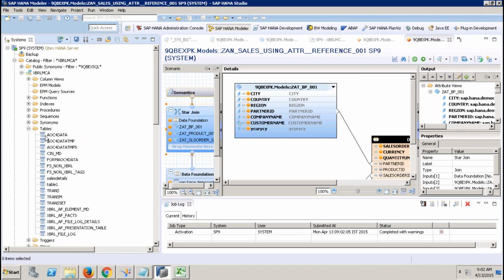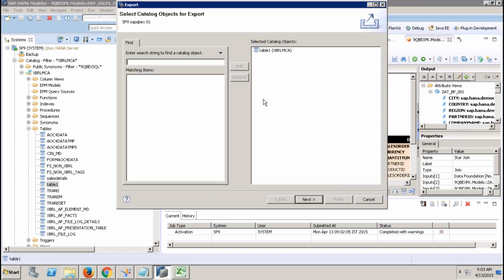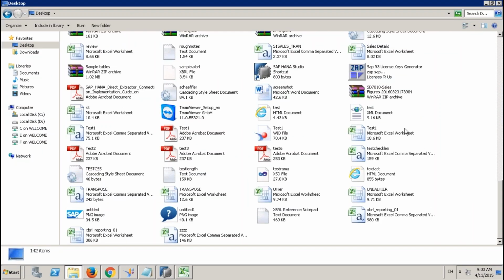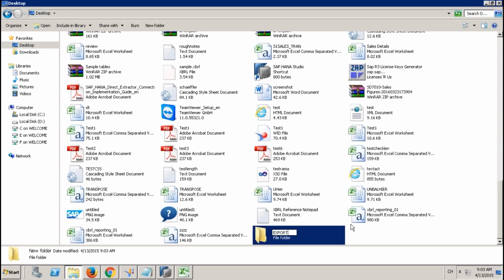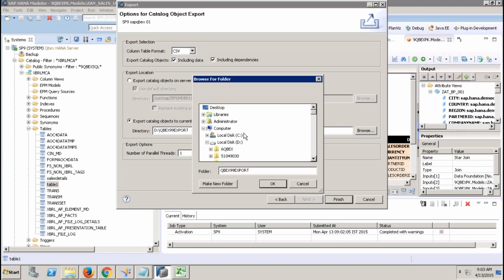say I have this table and I would like to export it. You can right click and choose export. Next, you want to export the table including data, that is fine. Let me just put that into some folder on my desktop, new export table. Okay, just